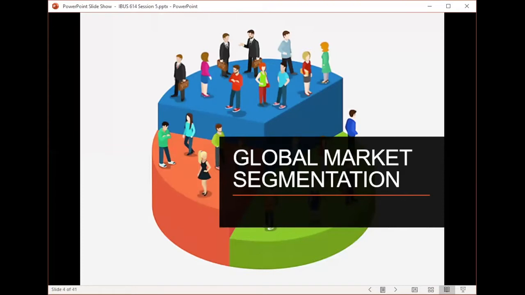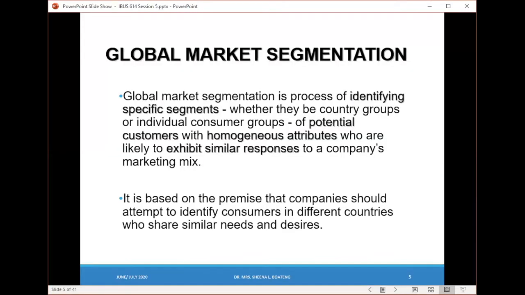We'll start with global market segmentation. Now, what is global market segmentation? It is basically the process of identifying specific segments, whether they be country groups or individual consumer groups within specific countries, of potential customers with homogeneous attributes. And the emphasis here is on potential customers and homogeneous attributes, who are likely to exhibit similar responses to a